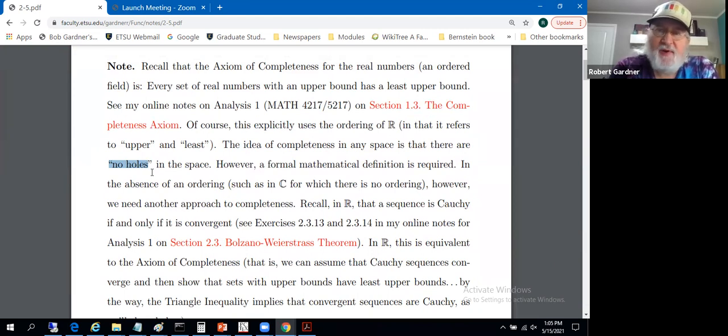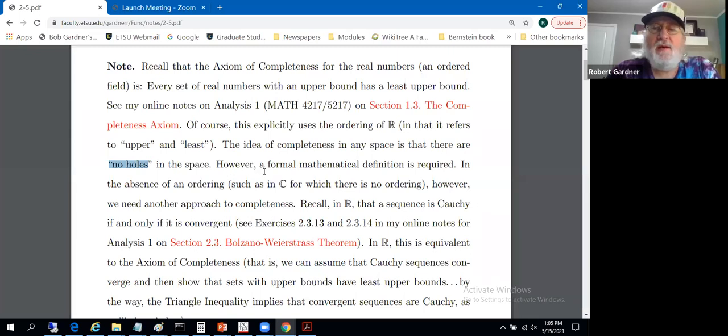And of course, this is vital in analysis because we want to take limits. And I need limits to exist when they, quote unquote, ought to exist. A limit of a sequence ought to exist, it turns out, when it's a Cauchy sequence. So more of that shortly. But the completeness idea is an idea of a continuum. And so it's an essential idea to talk about limits and all that analysis stuff like continuity and derivatives, for that matter, in Calculus 1.